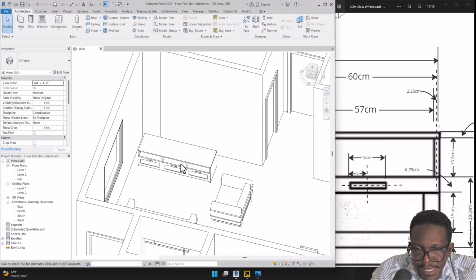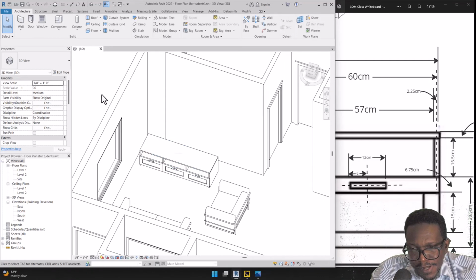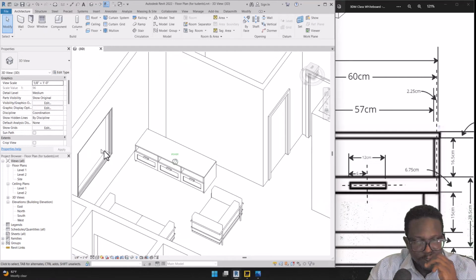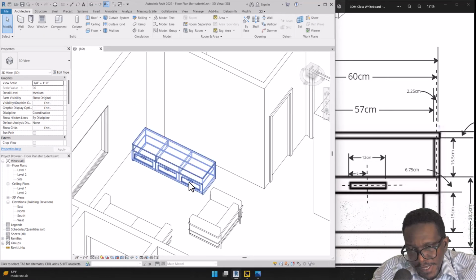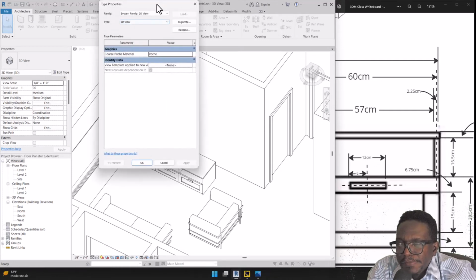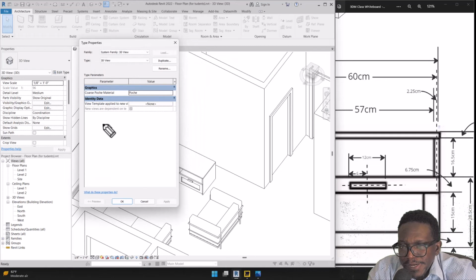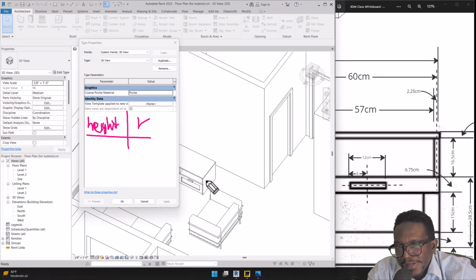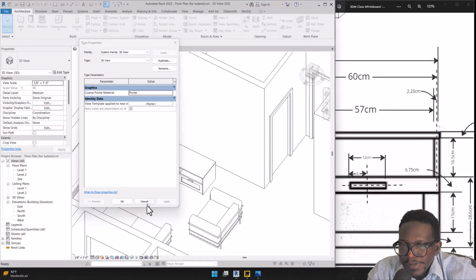Now I do have one last thing to accomplish here with this model. One of the advantages of creating your model in the family editor is that I can now go in and change properties of this model. So for example, if I go to Edit Type, I'm not seeing any properties here, but it would be great if I had a property called height, and I was able to edit that height, and I could insert my height here, and it would change the height of, at least, the top part of this console. So we're going to test that out,